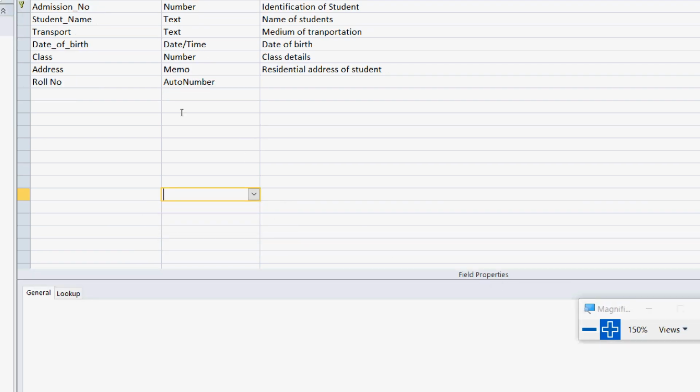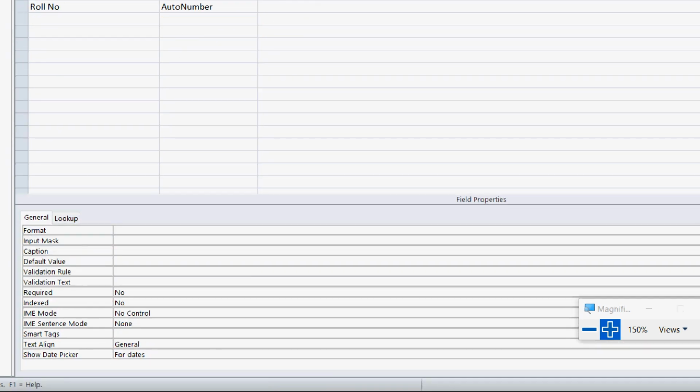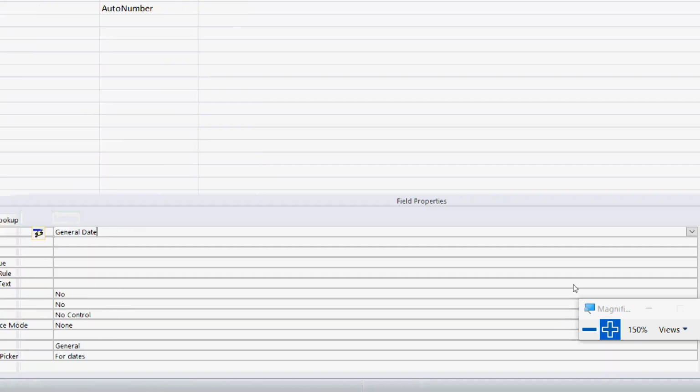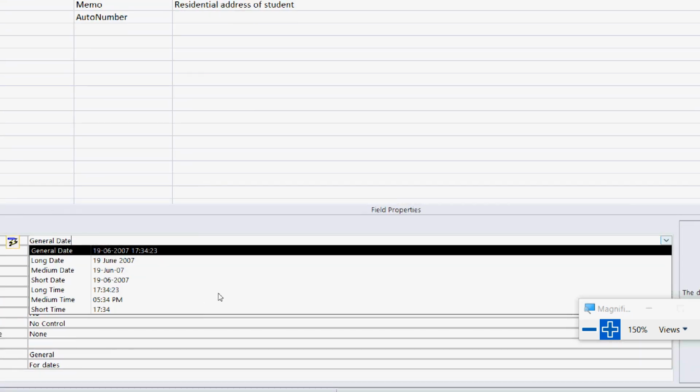Okay, so we were on the date of birth, and date time is the data type of that. So we are choosing the format of this. Here, for the date and time, these are the different formats.